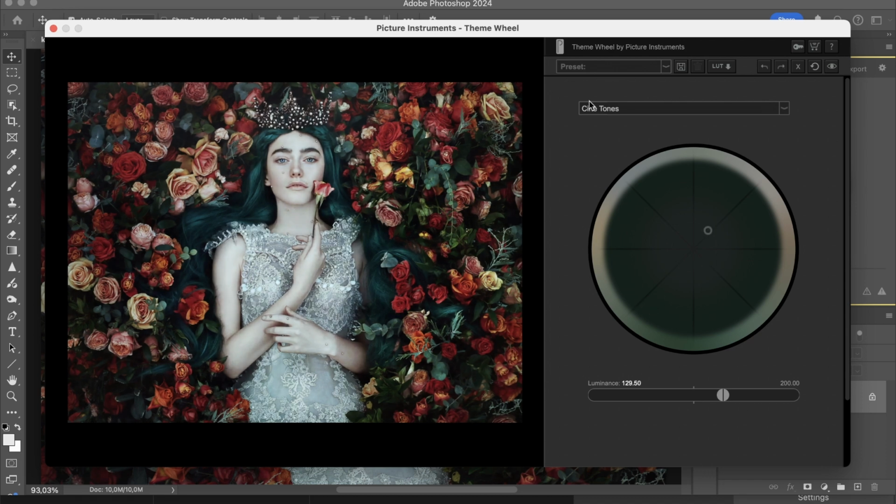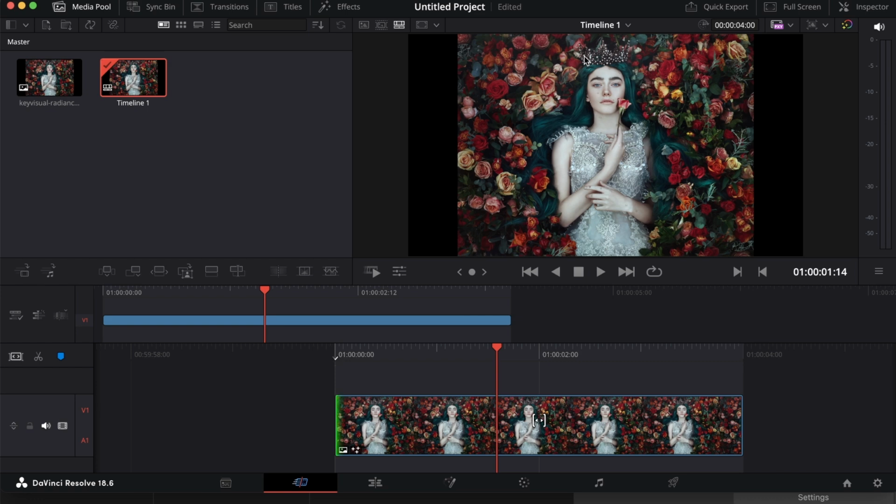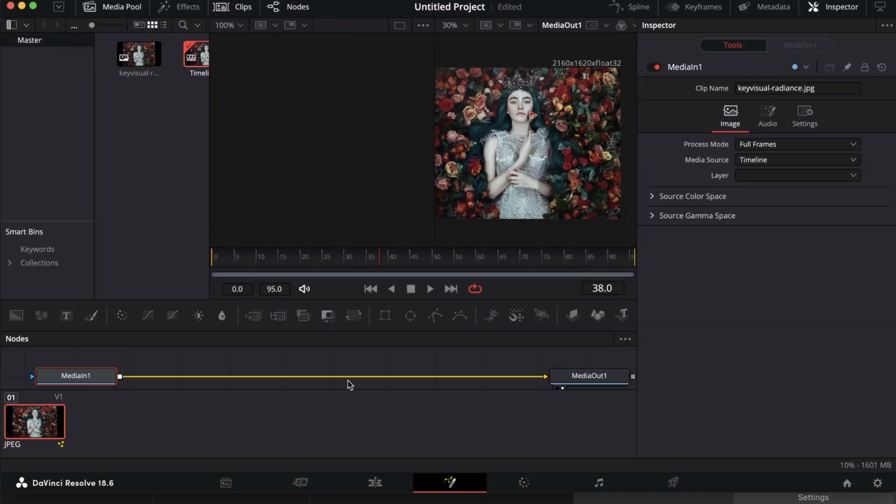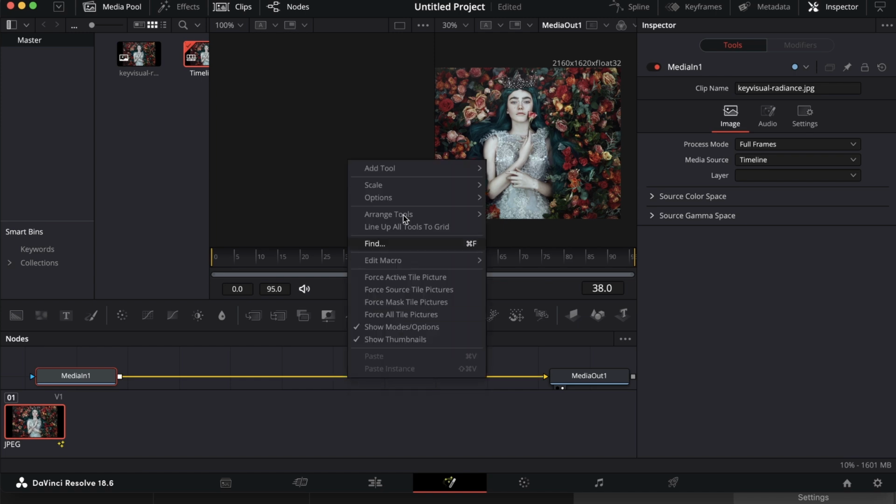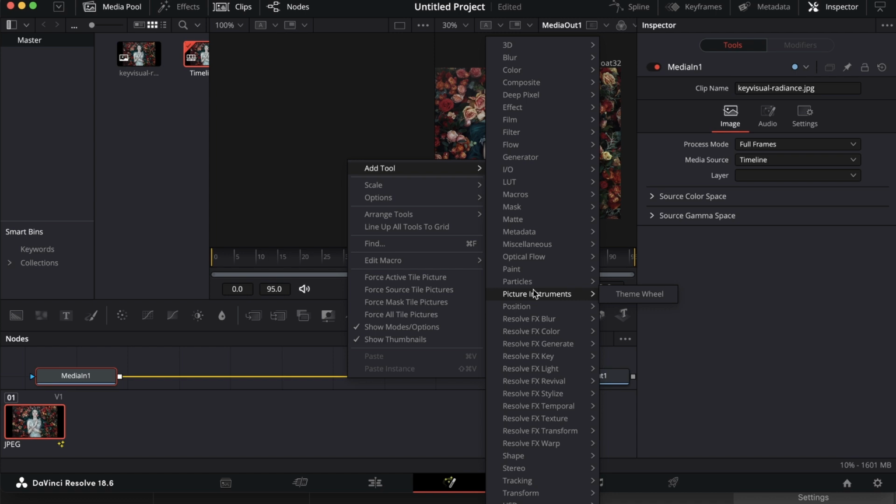Now I want to jump into the video application. So now I'm here in DaVinci Resolve, and I will show you how to use Infinite Radiance, or the theme wheel as it's named now, in your video application. So in DaVinci, you go to the Fusion tab, and then just hover over this line, right click on it, add tool, Picture Instruments,